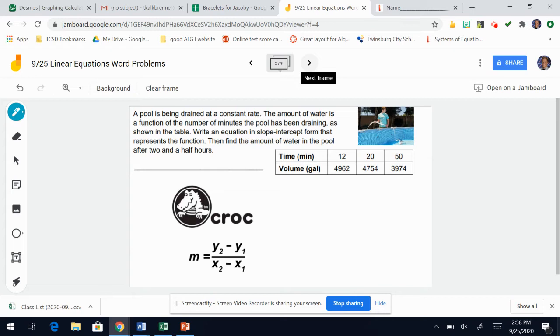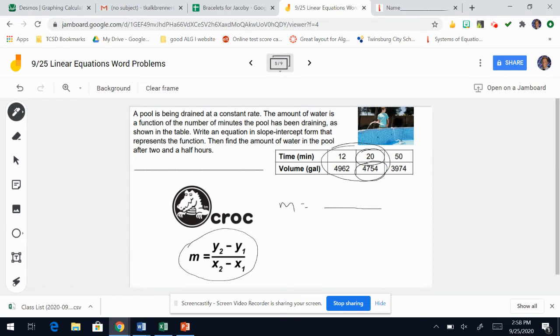So here's the deal. When you get a problem like this, you have to pick 2 points. That's the y2 minus y1 over x2 minus x1. All right. I am going to pick the 2 points right here. So my CROC, C-R-O-C, constant rate of change, is going to be, just use this formula right here, M equals,